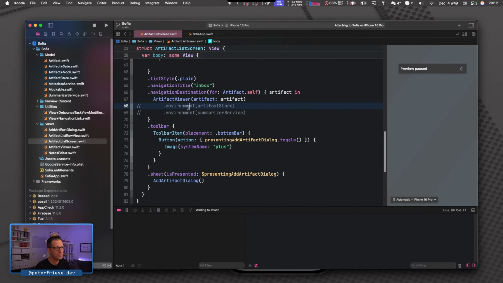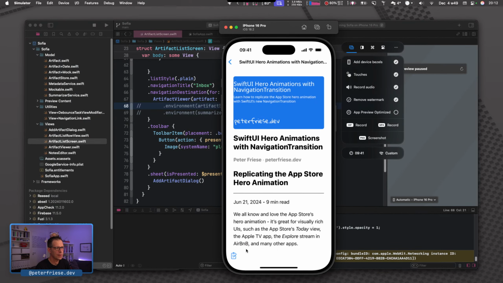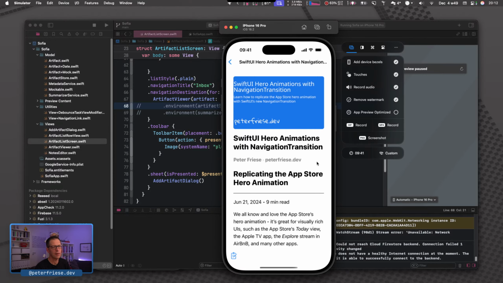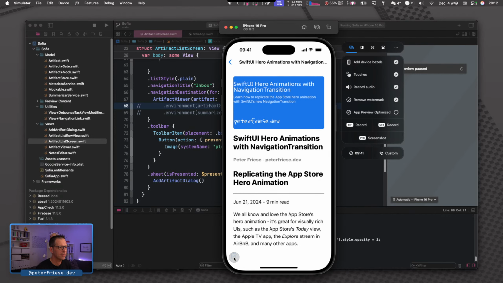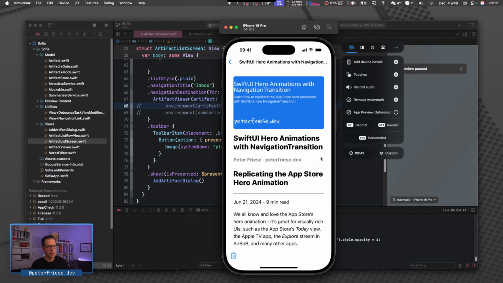So this passes down the artifact store. So that is what we need if we, for example, type in a comment here, hello, and then when I save that, yeah, it did work, no crash. Let's go back and back in again, and then I should be able to see my message here. Great, so that works.